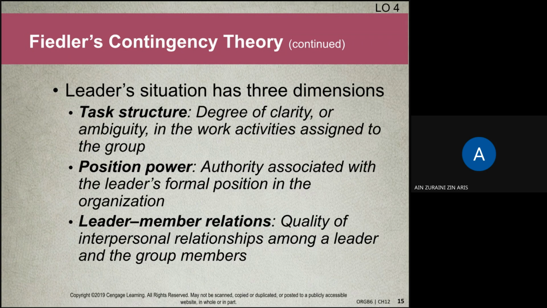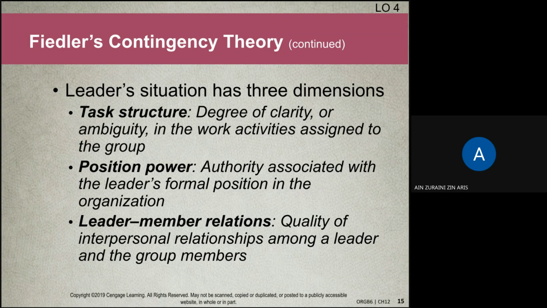If the leader has strong position power, it means they can hire, fire, promote, or discipline their employees. They can also control access to resources or privileges, and their instructions carry weight because of their role. So this creates a favorable situation because the leader has the leverage and can use formal authority to influence